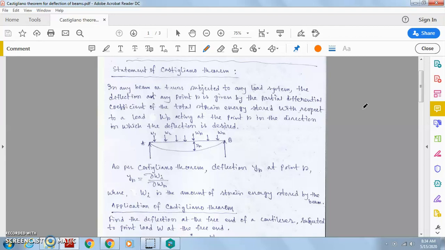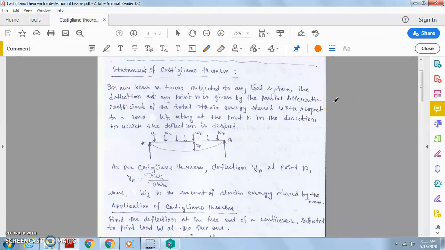So far we have come to know various methods, various theorems or procedures to solve the deflection of beams. Among those procedures, some are very critical to solve and very lengthy in mathematical procedure. Some formulations are based on pure mathematical formulas. So one more theorem we will discuss today is based on the scientist Castigliano, who has proposed a new theorem, and that theorem will help us a lot to solve deflection of beam problems.